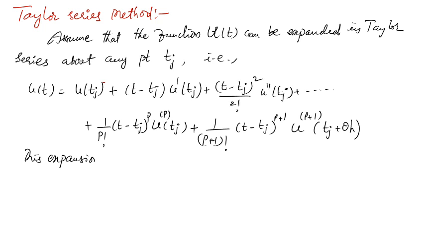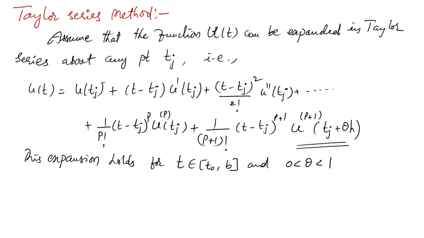This expansion holds for all t belonging to our interval t naught to b. And what is the value of theta? 0 less than theta less than 1. Theta lies between 0 and 1. Do you remember in real analysis we get the Lagrange form of remainder and Cauchy form of remainder using Taylor series? That's the context. Now substituting